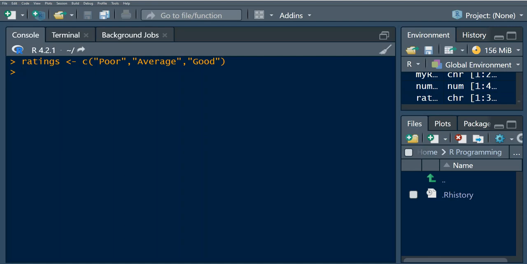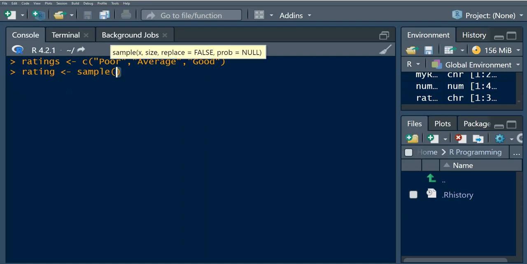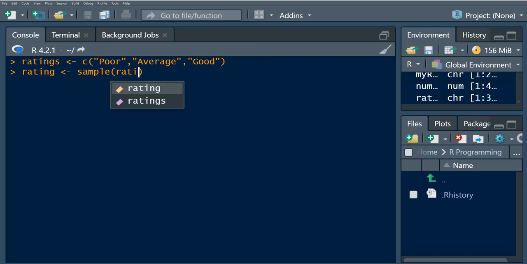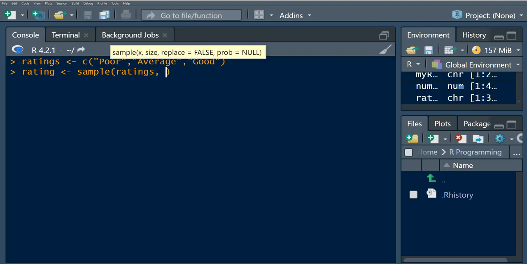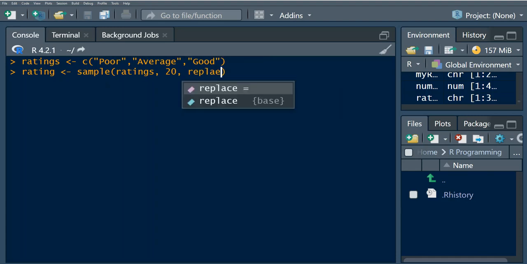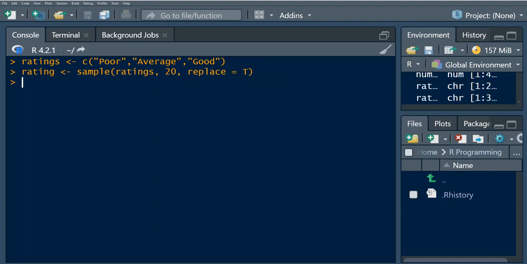And I'm going to call this ratings, the ones that we are going to select. So I'm going to say sample, and I'm going to pass in ratings, and I want to select 20, and I'm going to set replace to be TRUE, right? So we now have to convert by having